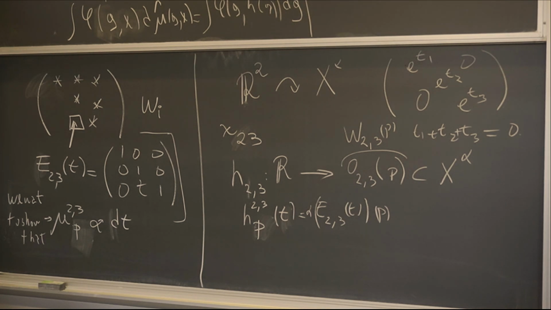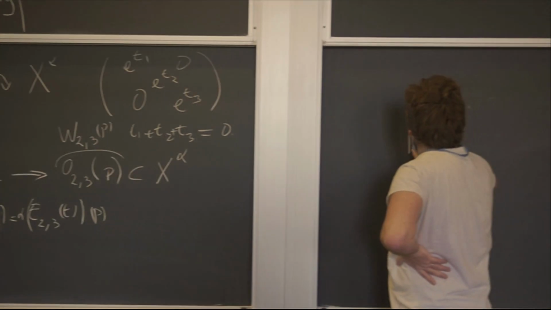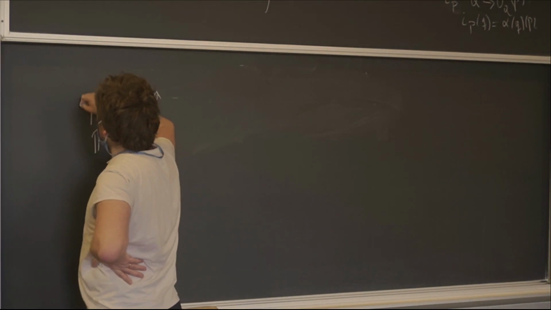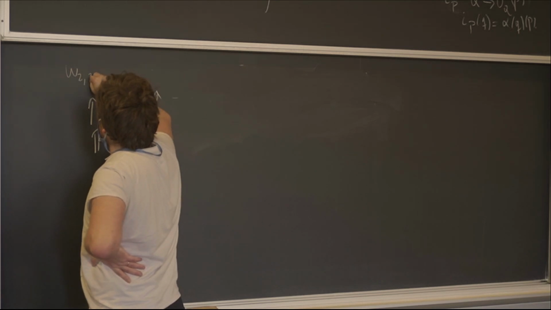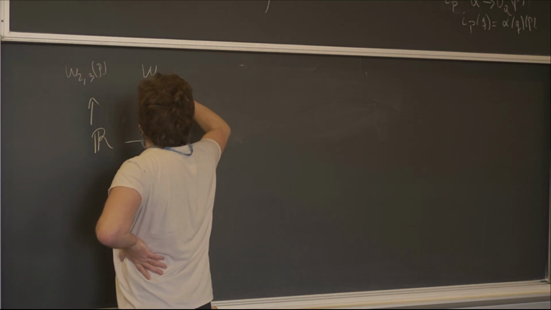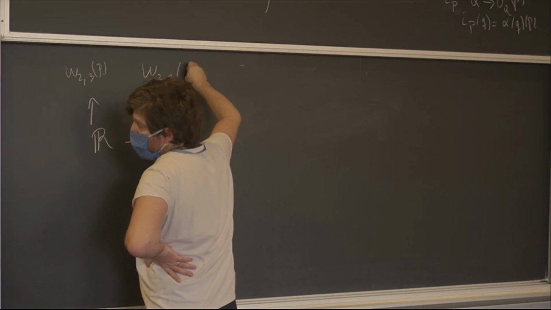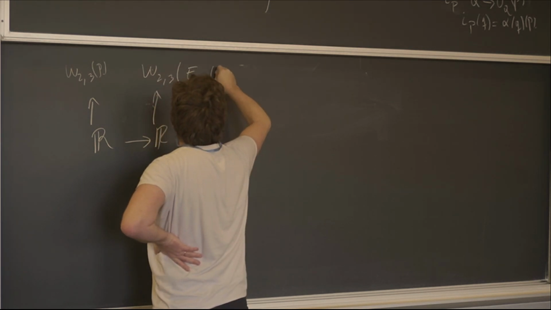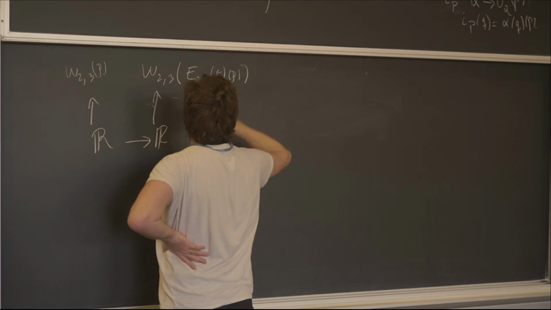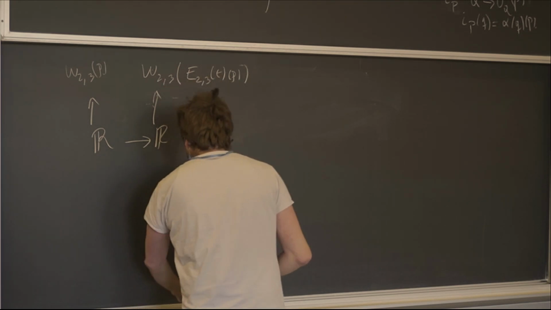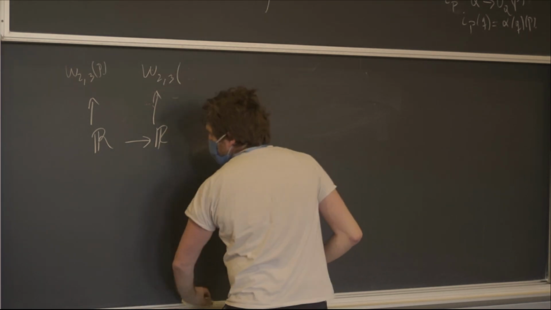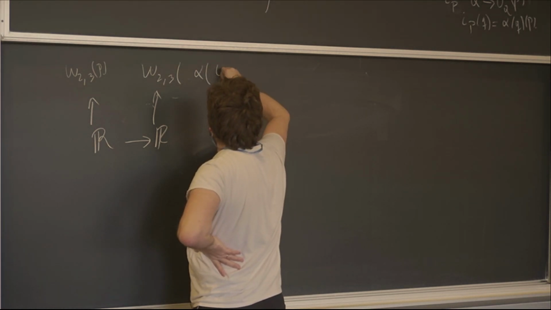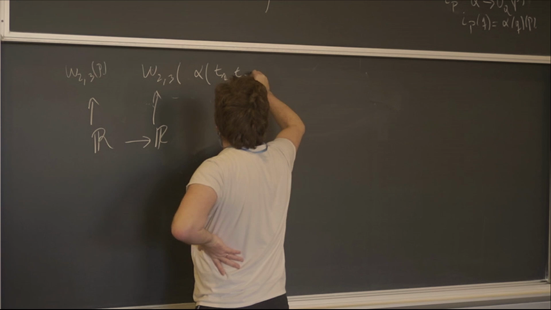And what I have is the diagram. And here I have W23 of P. Here is W23 of the translated guy, E23 P of P. No, not of this. I'm sorry, of alpha of T1, T2, T3